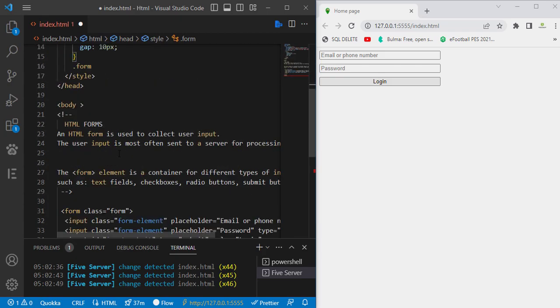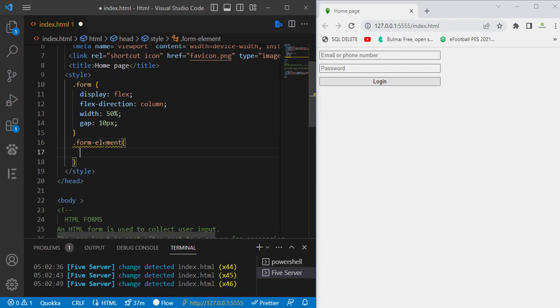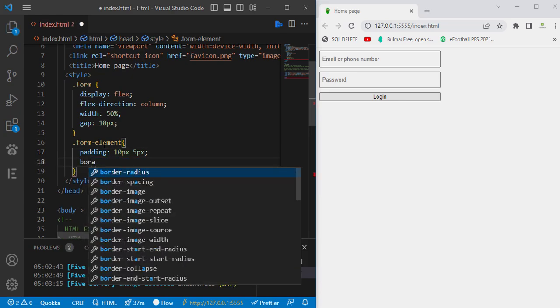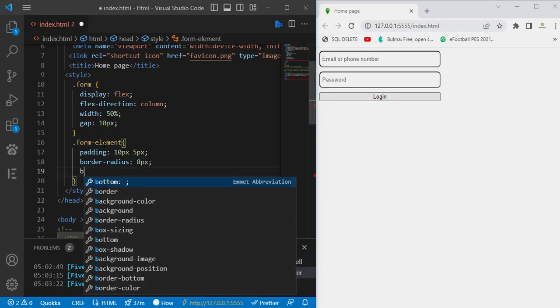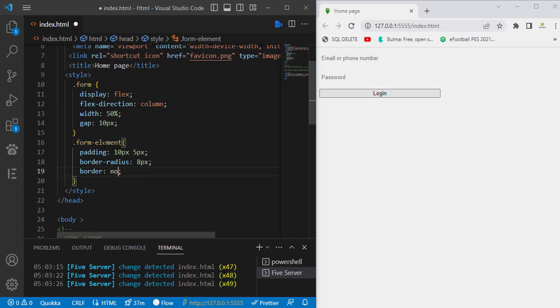Oh, it's form element. I'm just gonna say padding 10 pixel, 5 pixel, hit save. As you can see, I'm just gonna add border radius 5 pixel, border, or just say 1 pixel solid